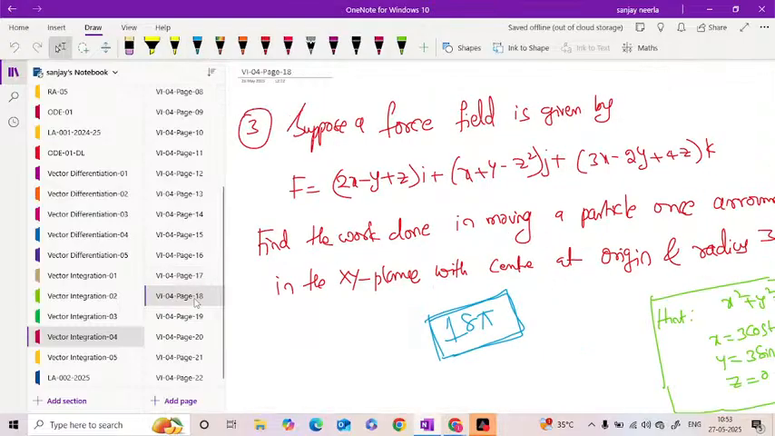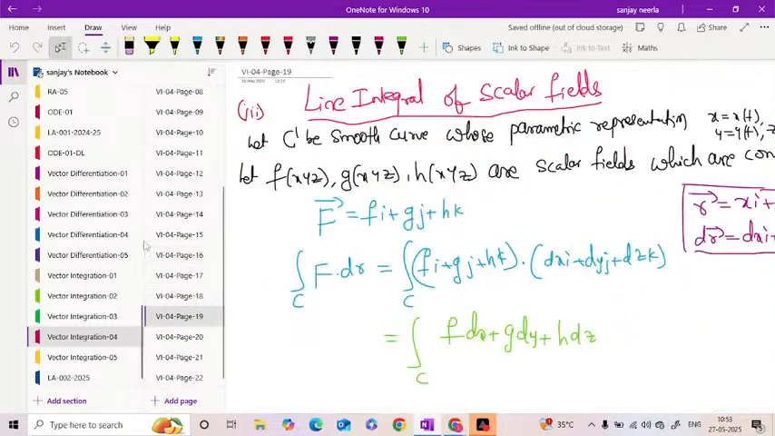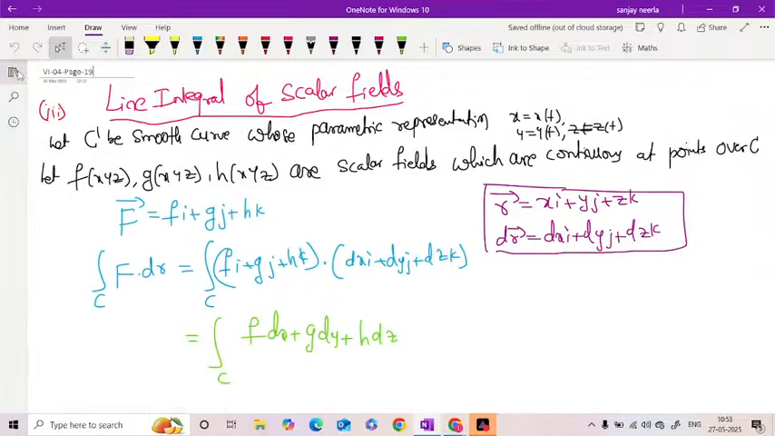Okay, sir. Third, okay. So this one is about the line integral of the vector field. Next one, line integral of the scalar field. It is not different from the line integral of the vector field. The small difference is that in the line integral of the vector field they have given the vector field, and here they will give the scalar, and directly